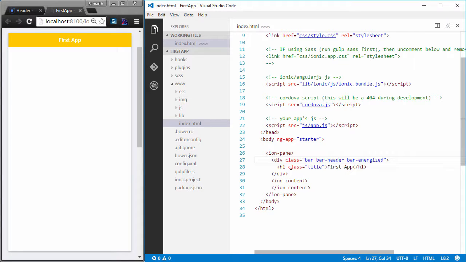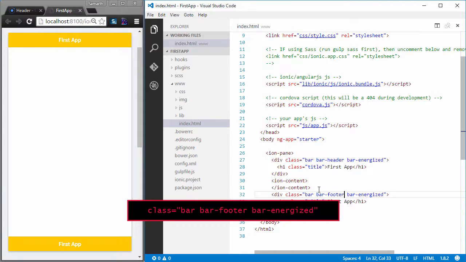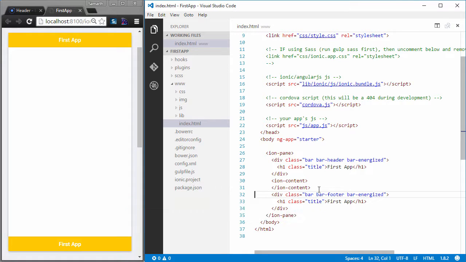Okay, similarly what I can do is I'll just copy this, and below my ion-content I'll paste this, and instead of the bar-header class, this time I'll just apply the bar-footer class, and you can see that I now have a footer in my application. We can change the color of the footer as well. Just like we were applying classes to our header bar, we can apply the same classes to our ion-footer-bar as well.